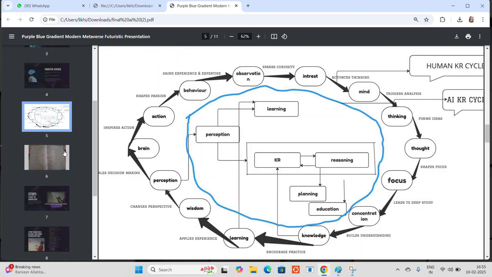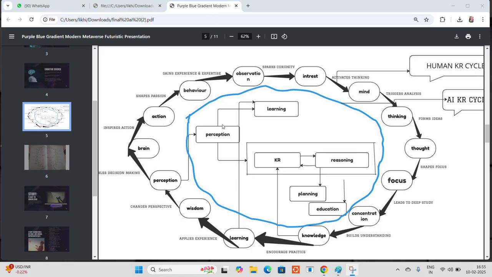So now let's focus on the main concept, which is known as the AI knowledge representation cycle. Here I have given some links from perception to perception, learning to learning, and knowledge to knowledge. It means everything is the same. AI is a machine which we trained based on human intelligence. Whatever we humans do, we incorporate it into the machines. So I gave the links. After I explain the AI knowledge representation cycle, you'll understand better.